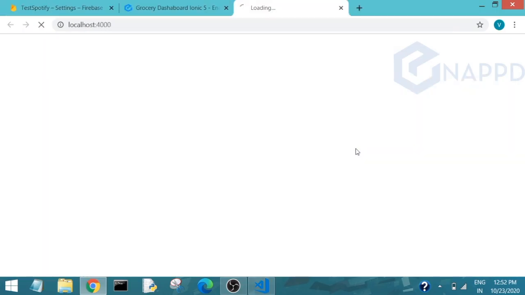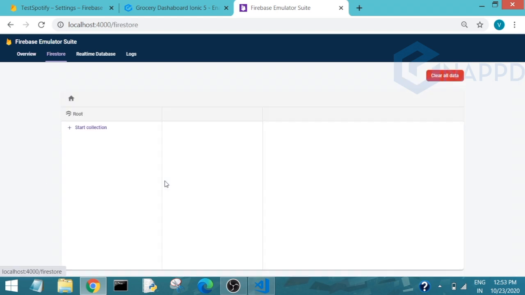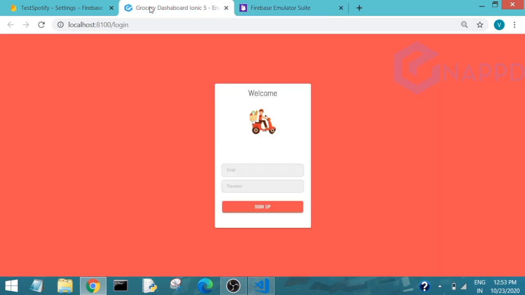You can see the Emulator Suite will open, in which you can check the status of all these services. So this is not the Firebase cloud, it is the emulator and all the services are running here. We can go to the Firestore emulator. You will see a similar interface. You can see the database overview, all things here. Now what we will try is to connect our grocery application to this emulator.